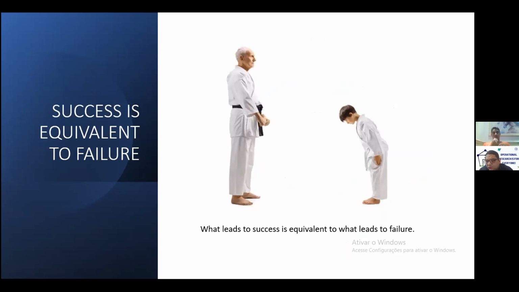So the first principle is that success is equivalent to failure, and to put it in a simple way, I'm going to tell a story about a judo boy.